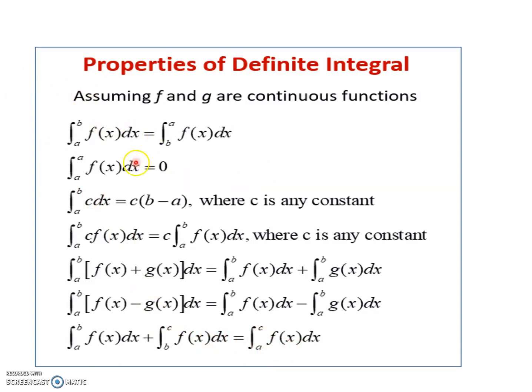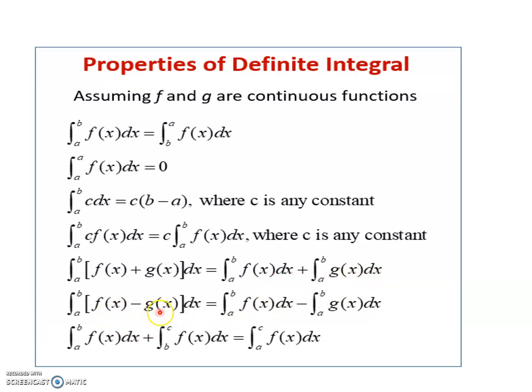Be particular: for the integration of f of x, if the lower and upper limits are the same, then the derived value is 0. When the limits are a to b and a constant is there, the constant remains outside the integral, times upper limit b minus lower limit a. If a constant is multiplied with f of x, then the constant remains outside the integral. We have to take the function's given integral formula. Then if there is addition between two functions, we have to take the separate definite integration of both the functions f of x and g of x.